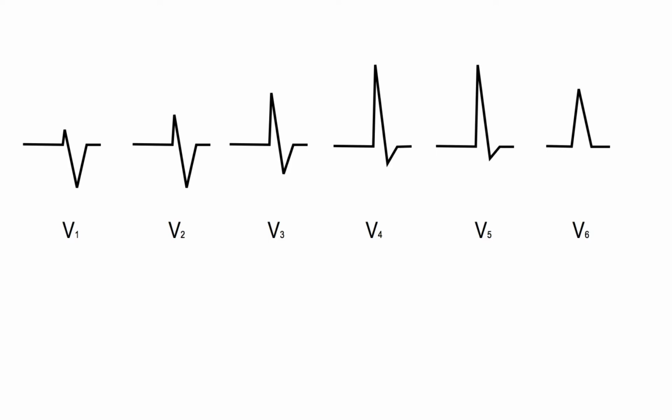Now on the other side of this, let's say you have an R wave smaller than your S wave in V1, but then you go to V2, and all of a sudden your R wave is larger than your S wave in V2. That shouldn't be that early. And so what you have then is it's happening early or to the right, and this